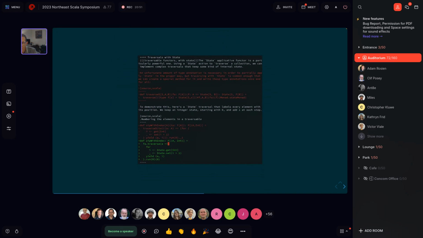And a great example of that is this snippet from chapter 12 of the book. Chapter 12 introduces the notion of applicative functors and traversable functors. And there's this example where it traverses an F of A with the State data type, the state monad, to implement the zipWithIndex functionality.